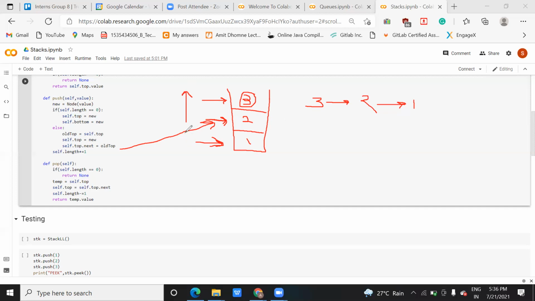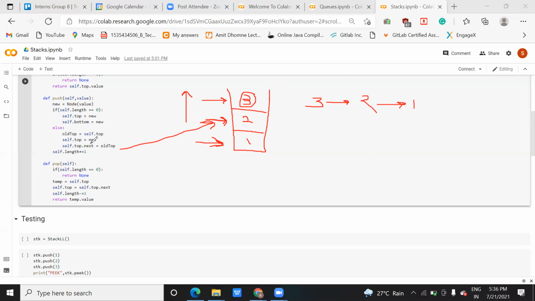So you need to take every piece of data with us. When you come from bottom to top, self dot top dot next will come when you decrement a value. Now suppose you reduce this element, then self dot top will point to self dot top dot next. So this next is pointing to the next element, that is, when you are reducing an element, when you perform a pop operation.